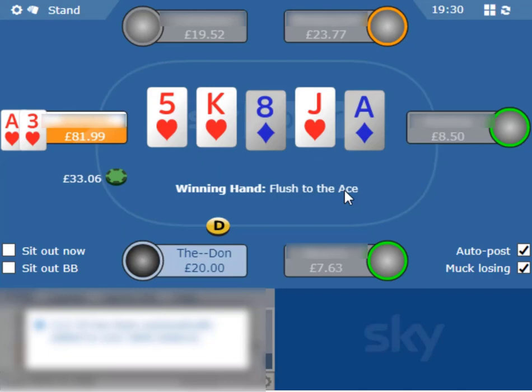In terms of variance, it's not been enormous compared to what you guys are used to, but for me on Sky, it's been higher than usual. And I think I've been trying to take some variance-reducing lines, which have effectively just been me playing 2-week tight. So last night I played some 10NL Snap and just decided, let's just go try and get out of a line as much as we can, just to get back into the habit of making thinner value bets, making more bluffs,